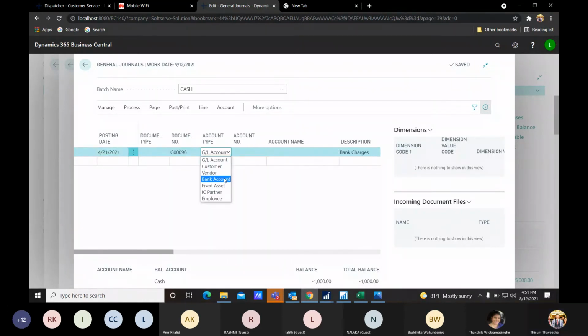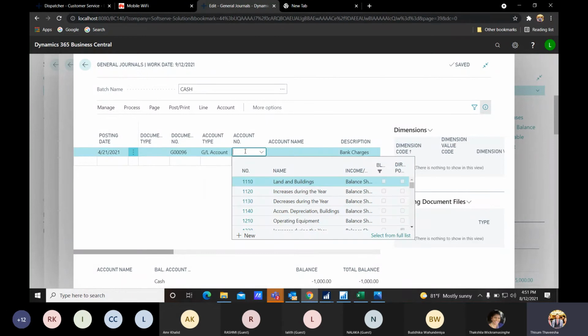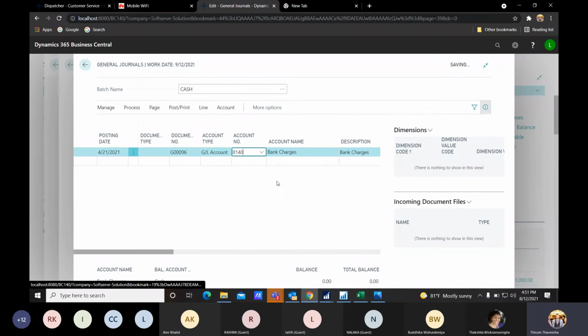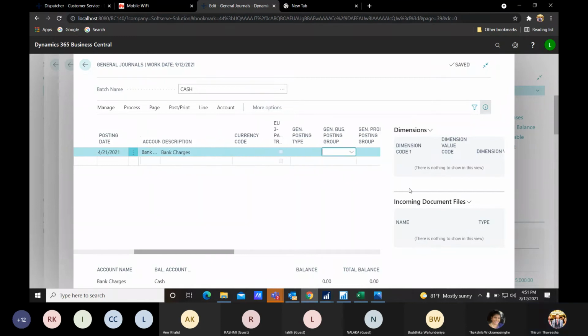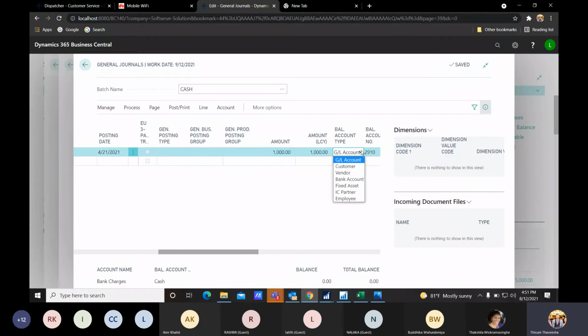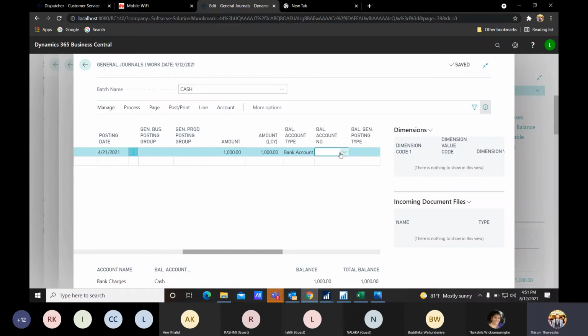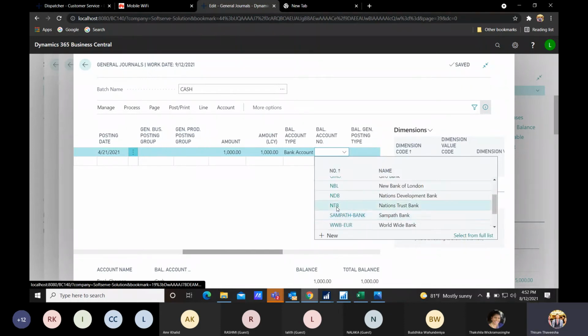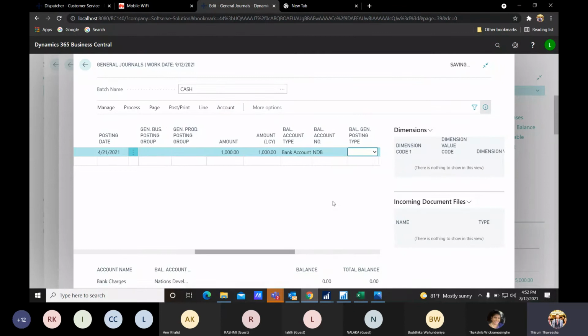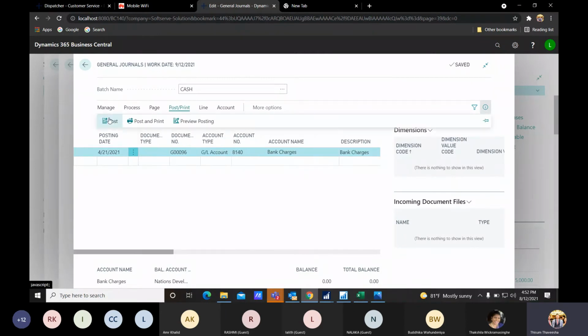Then we can select our GL account. I have created a sample GL account as bank charges. So here the bank charges account 1,000 would be debited, and the balancing account type would be bank account. Our bank account is NDB bank. For this NDB bank we are having these bank charges.